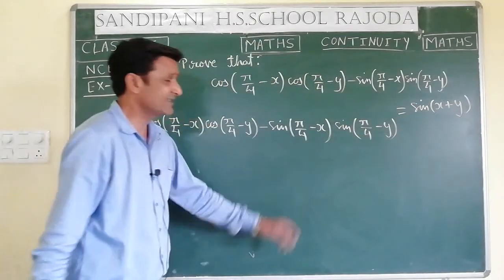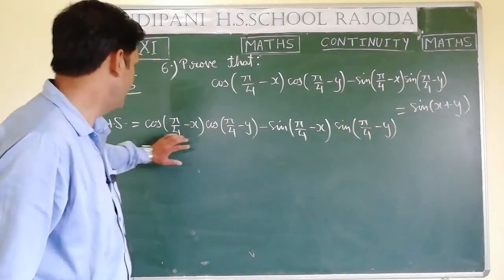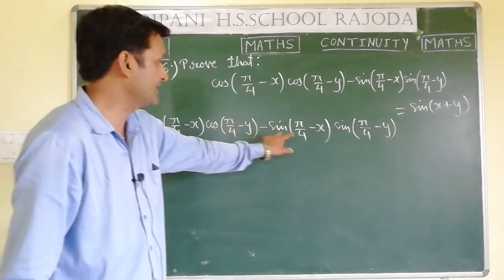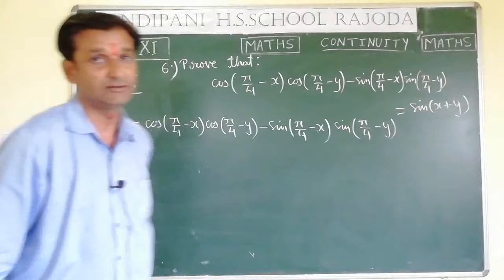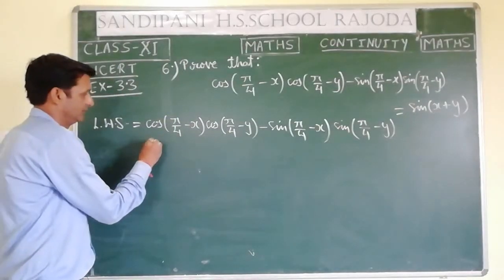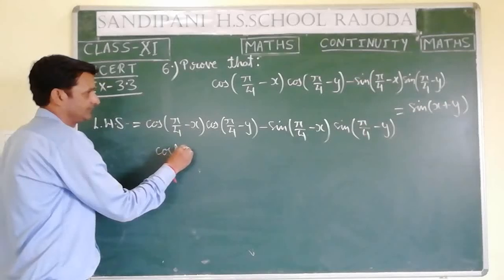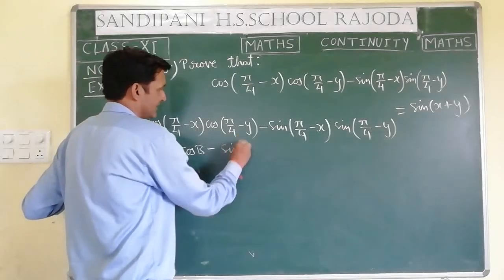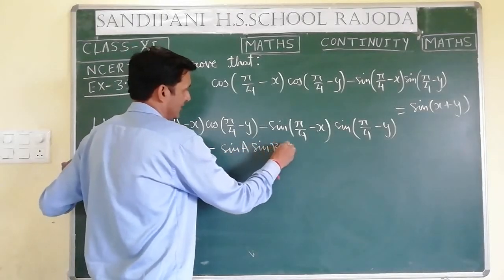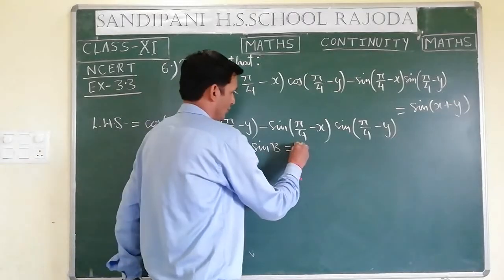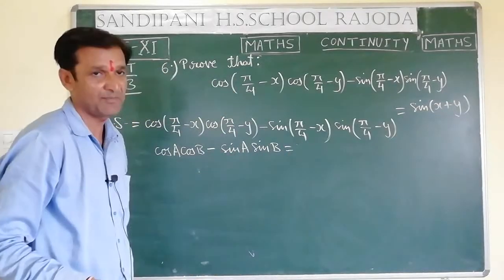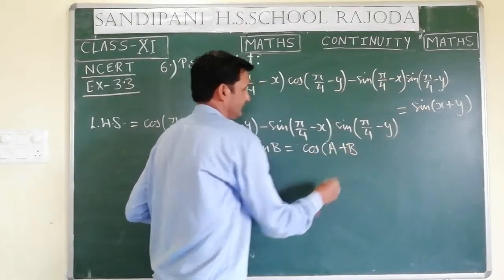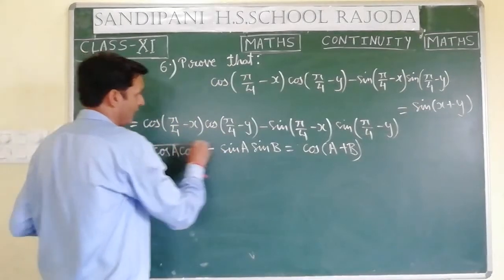So we can see it in a very proper manner by that formula only, that it is cos A cos B minus sin A sin B, just like that. So cos A cos B minus sin A sin B is equal to cos A plus B. This is the applied formula,